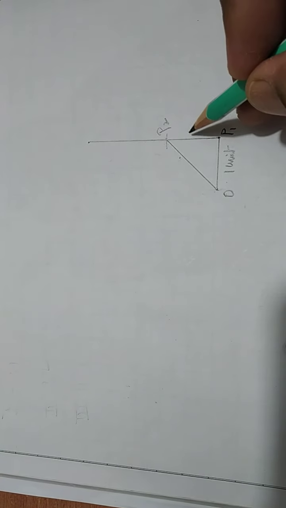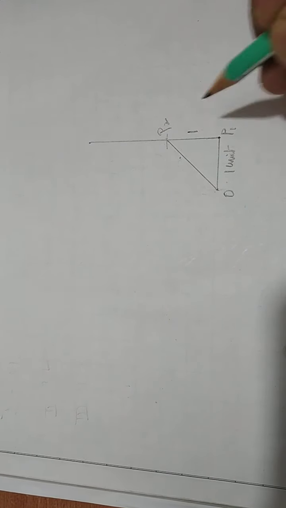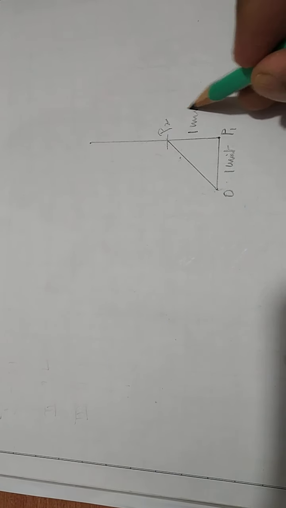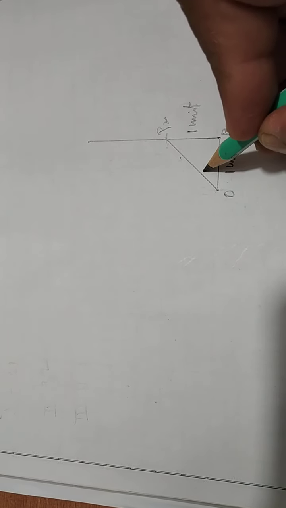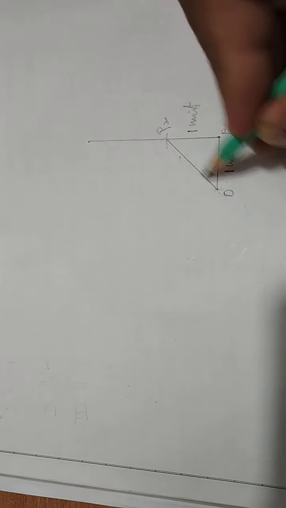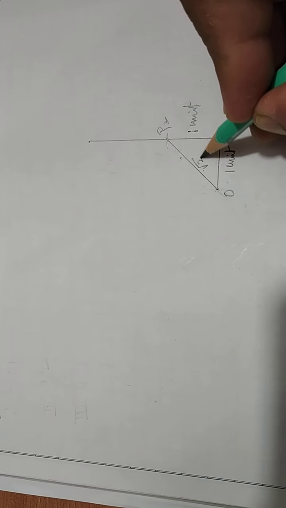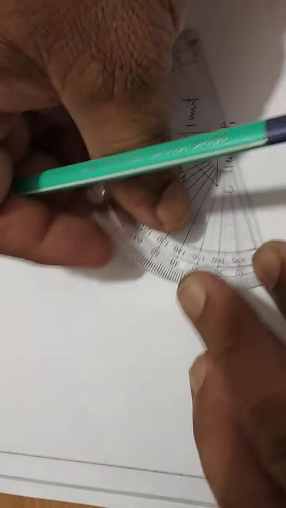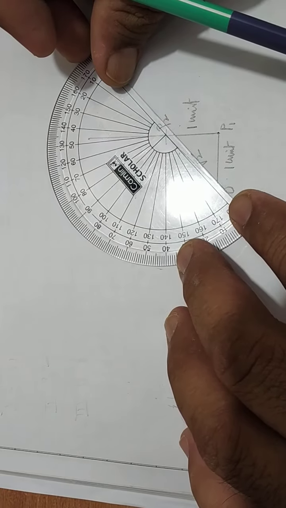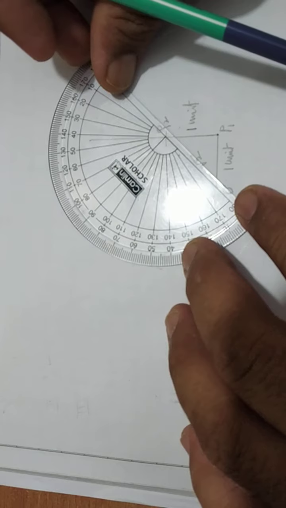Since this P1, P2 is also of 1 unit, by Pythagoras theorem you can easily find out the length of OP2. It would be root 2. Now place your D on OP2 like this,